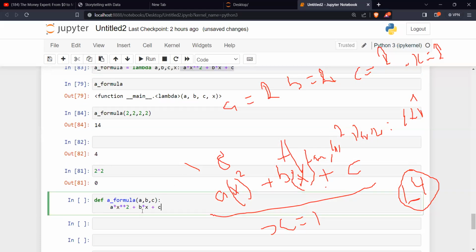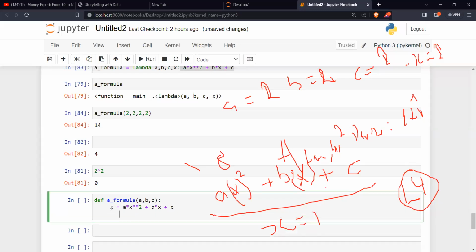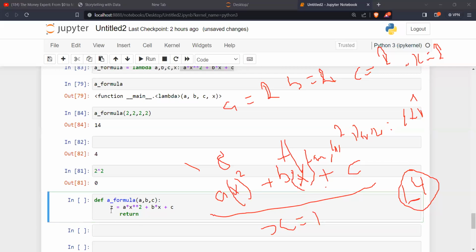This would have been the expression here, right? But instead of writing it down, maybe I'll write Z is equal to this, then return Z. We would have done something like this. Now, instead of doing it this way, I just call a lambda function.